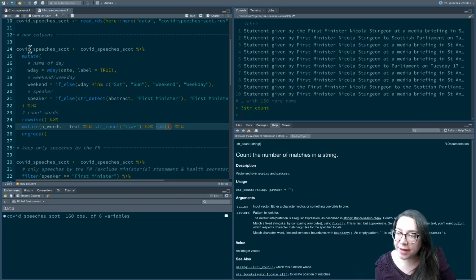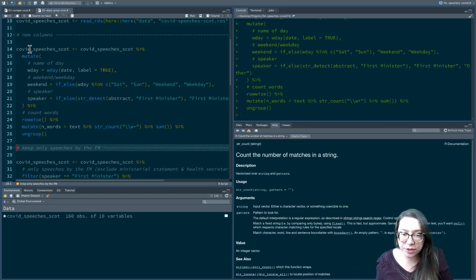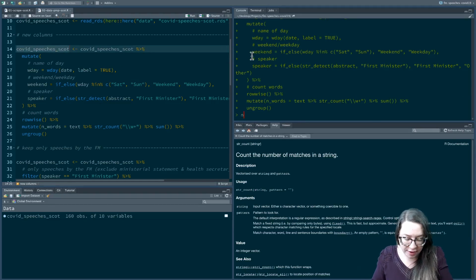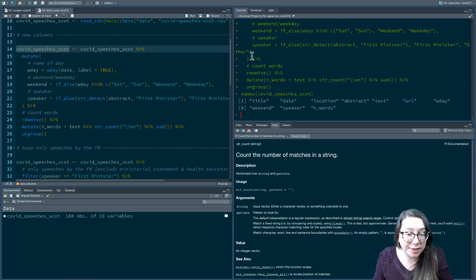So let's go ahead and run this code and take a look at a few things. So now we should have these new columns, and we might want to see, let's say, how many day